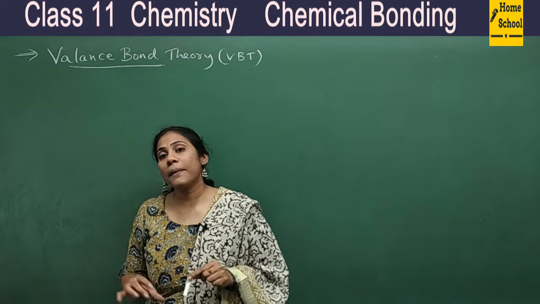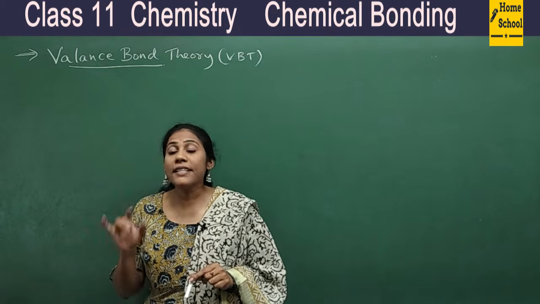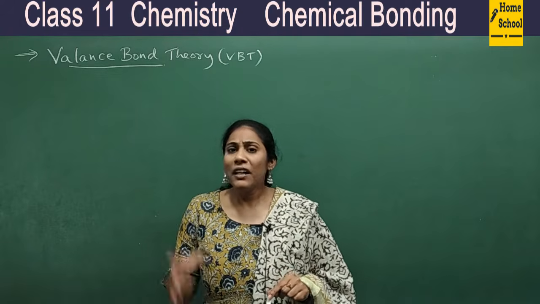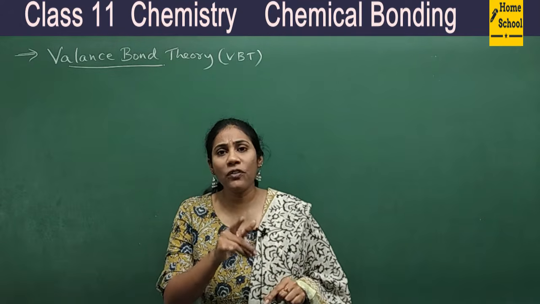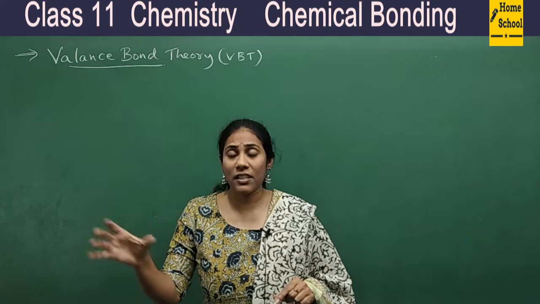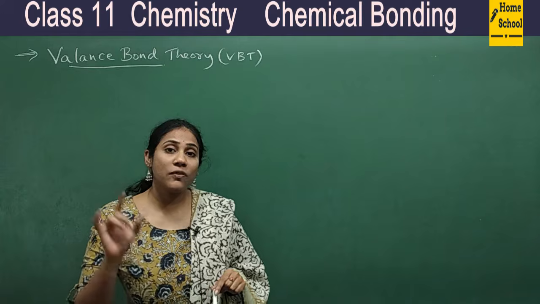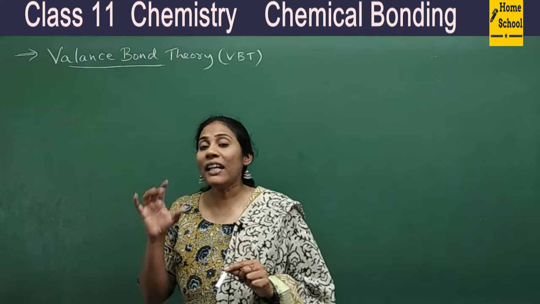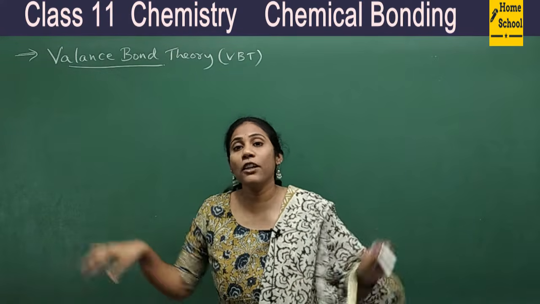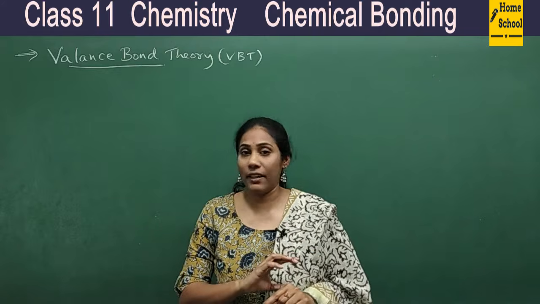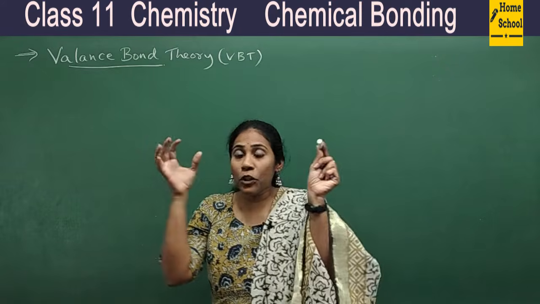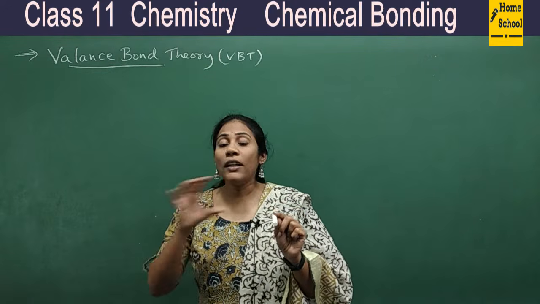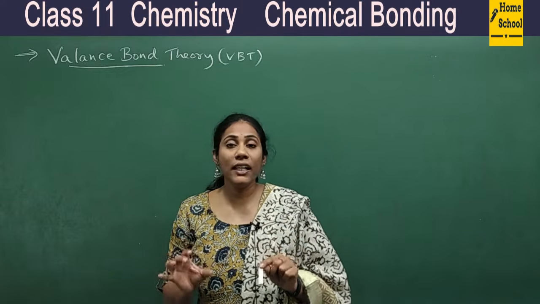And coming to today's concept, I am with valence bond theory. This theory mainly explains how covalent bond is actually formed. We have already studied the formation of covalent bond by writing dot structures. The main purpose of writing dot structures was to show how sharing of electrons takes place, right? But now we are with the detailed aspect of sharing of electrons. How exactly does sharing happen when two atoms come closer to each other, what is actually happening between the two atoms, right? All that we will try to understand in this particular theory.